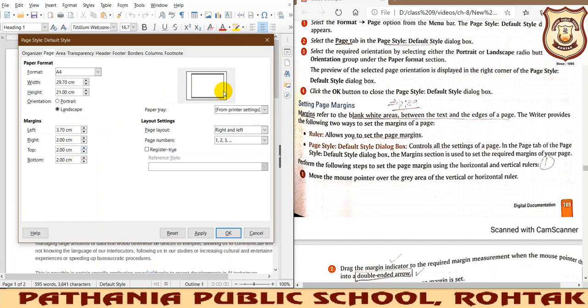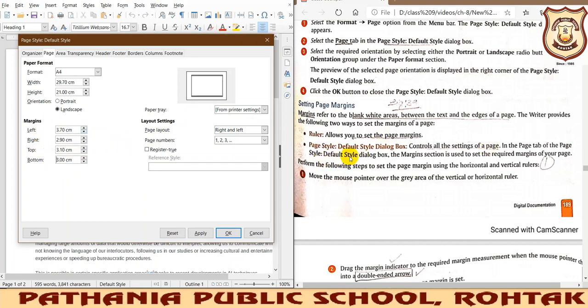If you want to increase the right margin, you can see in the preview that the right margin is being increased. The top margin increases the distance between the edge and the top text, and the bottom margin increases the distance between the edge of the paper and the bottom text. In this way you can implement the margin.